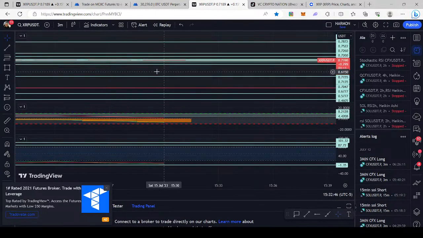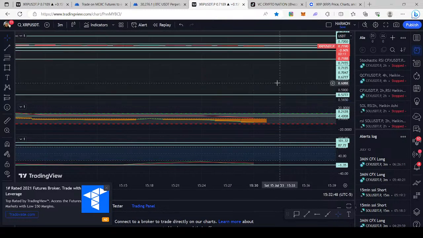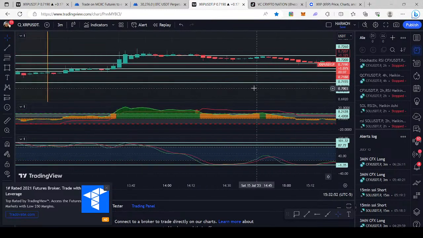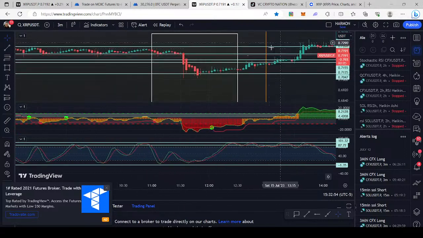If you want to see how we did that yesterday, you can look at the support zones from the YouTube video we did yesterday. So now what we're digging into is how to capitalize